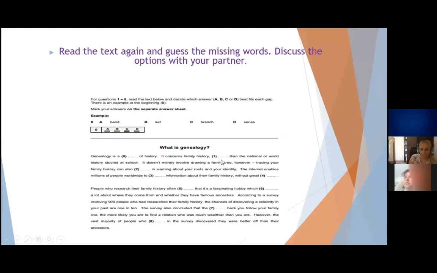Some students could come up with "rather than," yes? Then history can also help in learning about your roots, yeah? So think about all the phrases within; you could think of, yes, people worldwide to share information about their family history, to add information about their family history. After that, discuss the possible collocations with your students, and then we go to the next part,